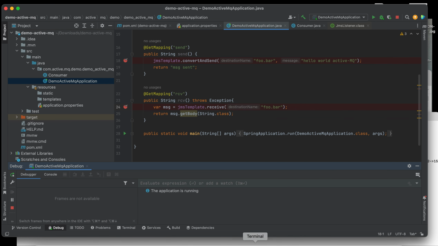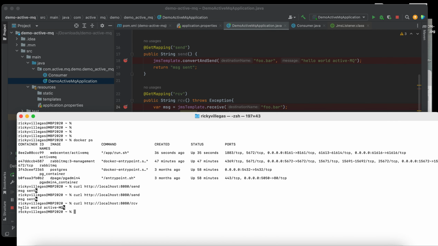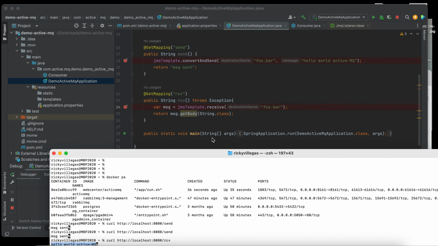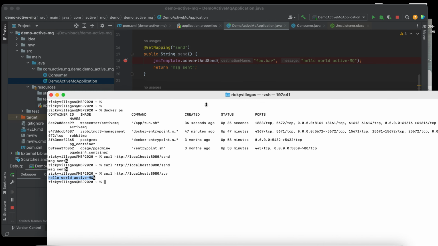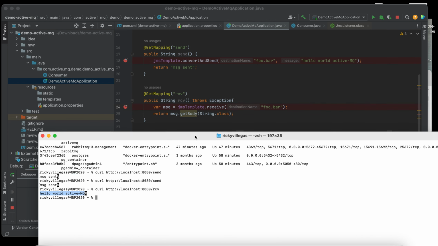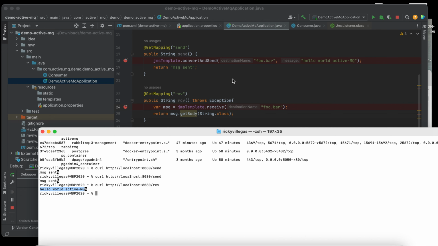All right, we managed to receive the message. So it's successful, right? We successfully sent and received a message to our ActiveMQ broker.